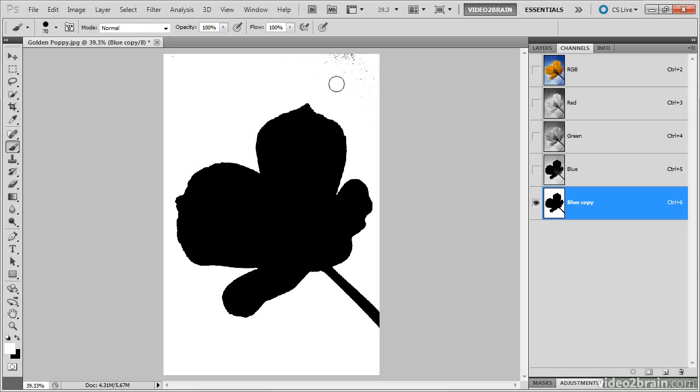In this case, I'll press the right square bracket key to increase the size of my brush so I can work a little more quickly, and there we go. All of those areas are cleaned up. Similarly, if there were some white specks inside the poppy, I could switch my foreground color to black and then paint over those areas. At this point, I have a great silhouette for my poppy, so I'm ready to create